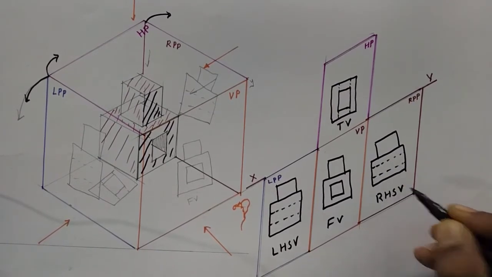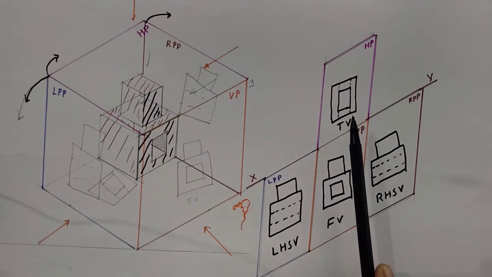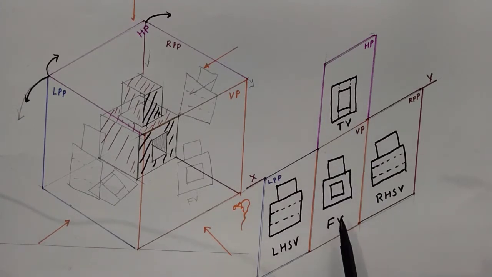So there is a big difference between the third angle projection system and the first angle system. In the third angle projection system, the front view is always below the XY line, the top view of the object is exactly above the front view, on the left side of the elevation there is always the left hand side view, and on the right side of the elevation there is always the right hand side view of the object.